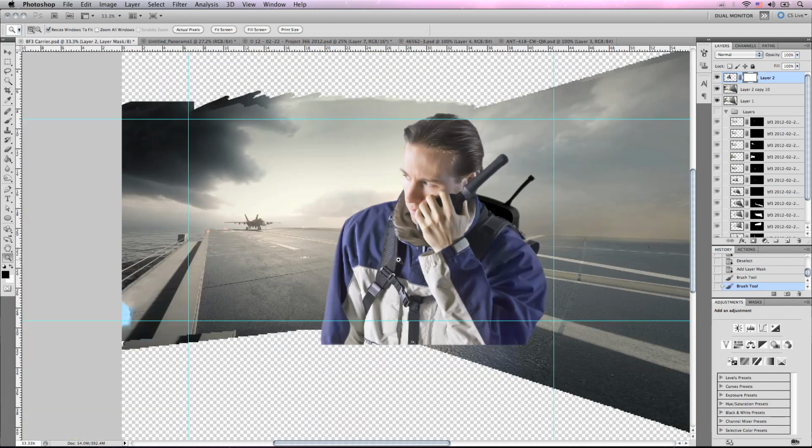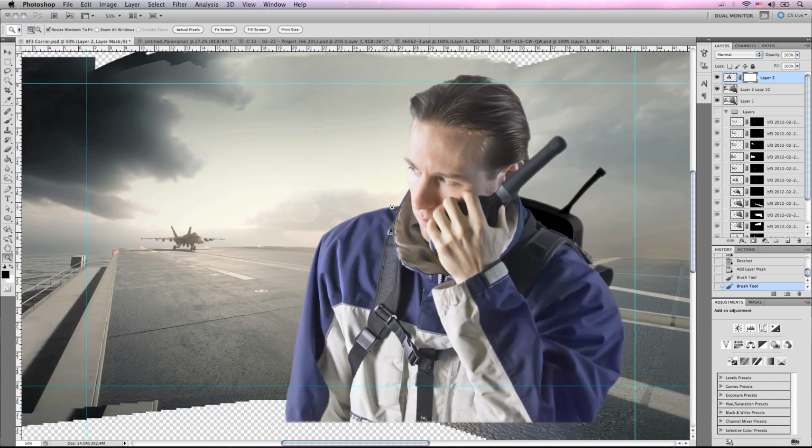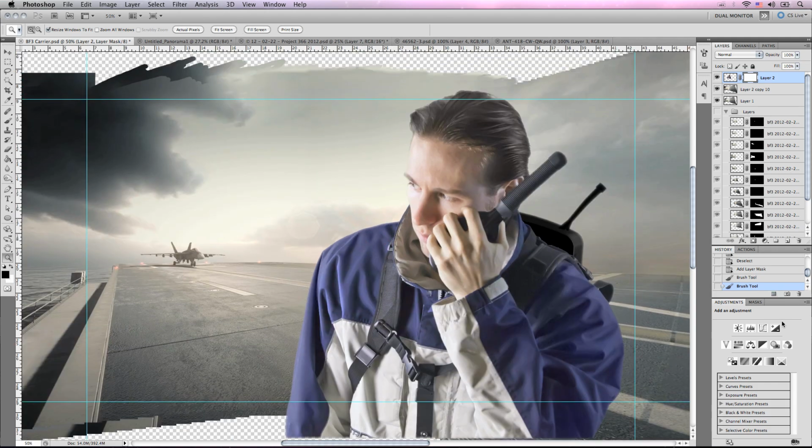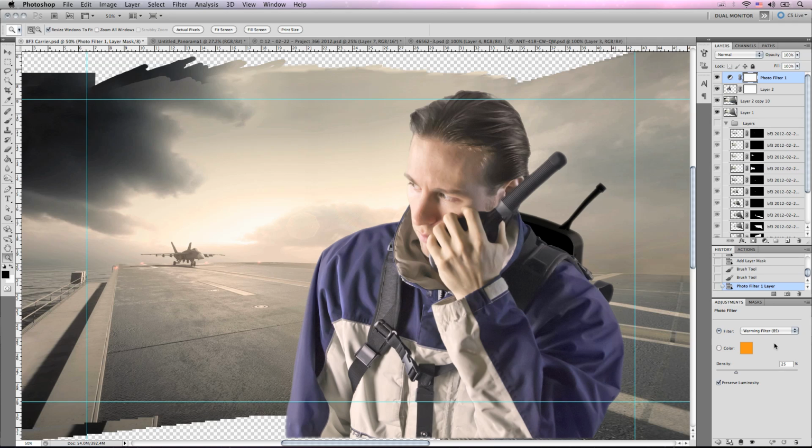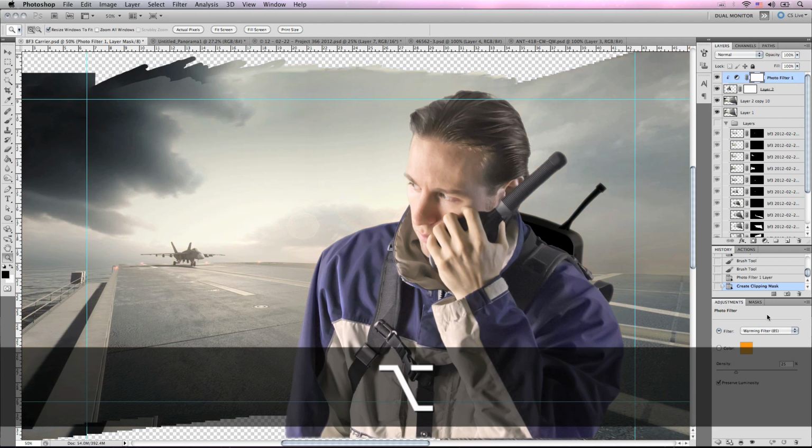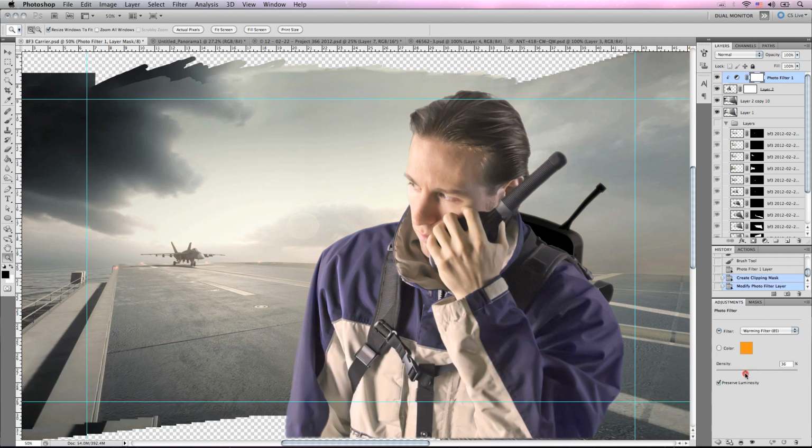Now let's start working on the color of the image and try and get the composite to feel more like it's one image. So let's start out with an adjustment photo filter, and we're going to attach it to layer 2, and we're going to pull up the density a little bit just to change the color of my body so that it's a little bit more orange. Then we're going to add a second photo filter, and we're just going to leave that over the entire image of myself and the carrier, and we're going to pull up the density on that just a bit as well. And then we're going to go back to layer 2,